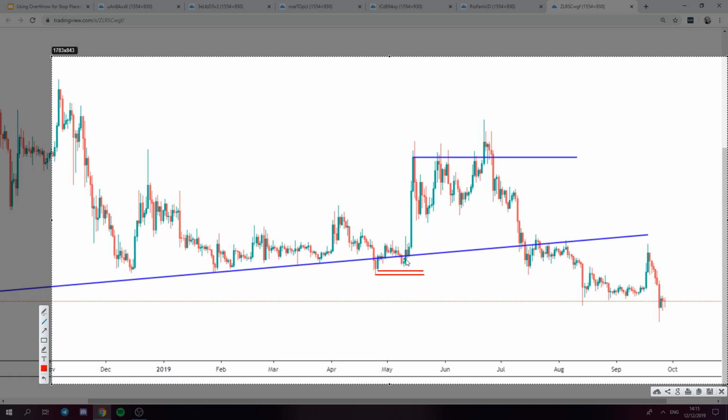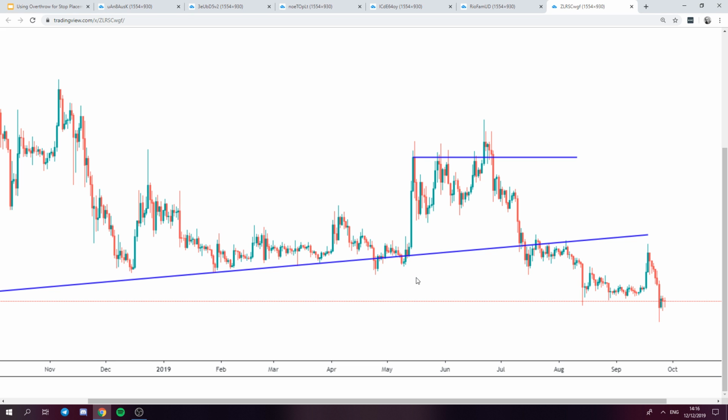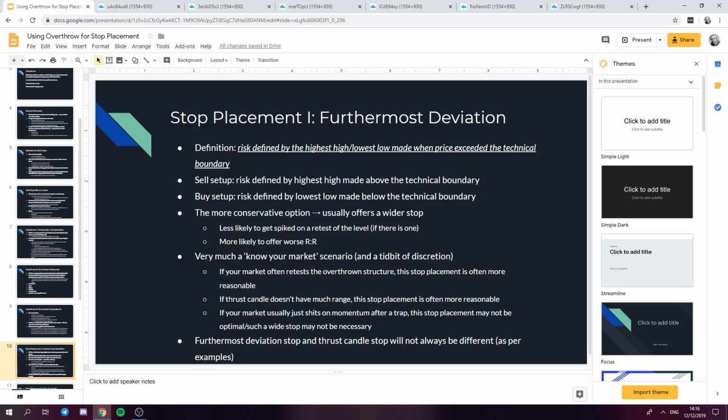Now in this case, interestingly enough, this is kind of an example of real trading. In all the diagram examples, it's reclaimed and then just goes straight to the moon, whereas in this case you see even trading an overthrow setup, price still dips back below the trend line and gives you some heat, but ultimately respects the lowest low made, and technically you've got a low, higher low before doing its thing, right? So a couple of examples at work there, but to take us back to the point at hand,